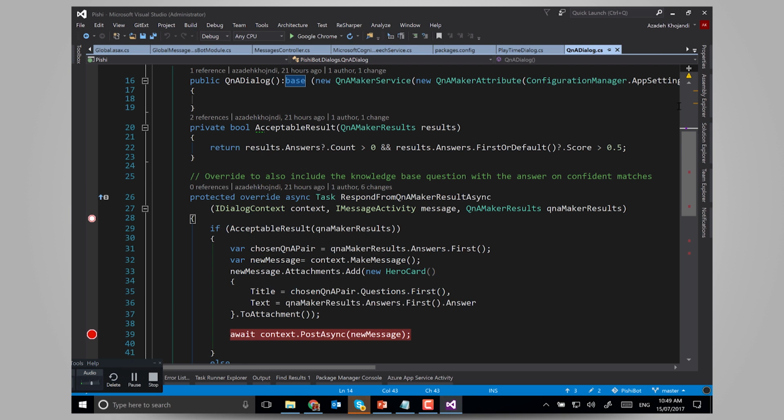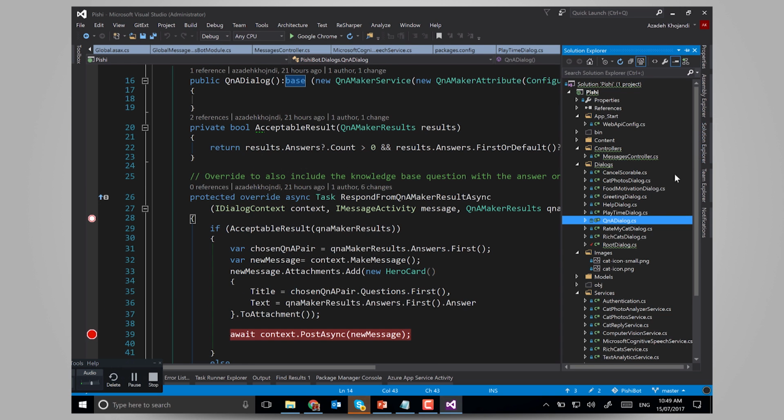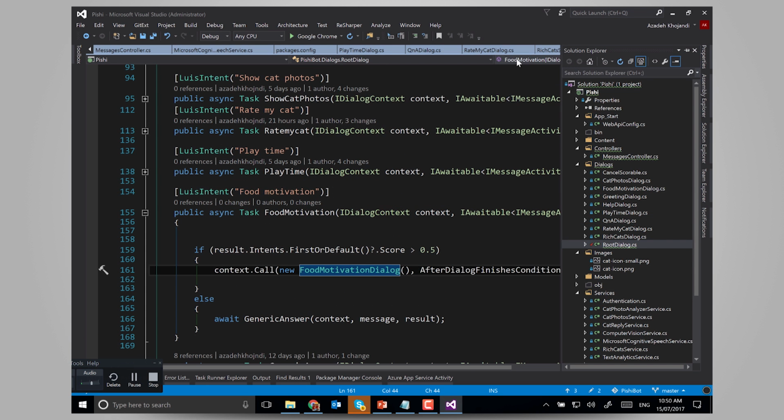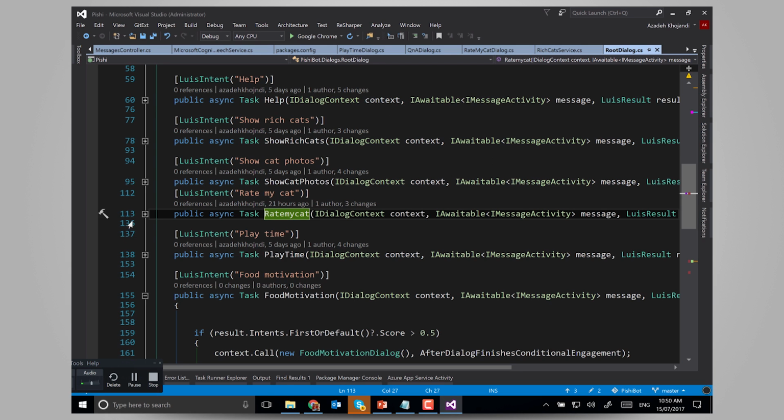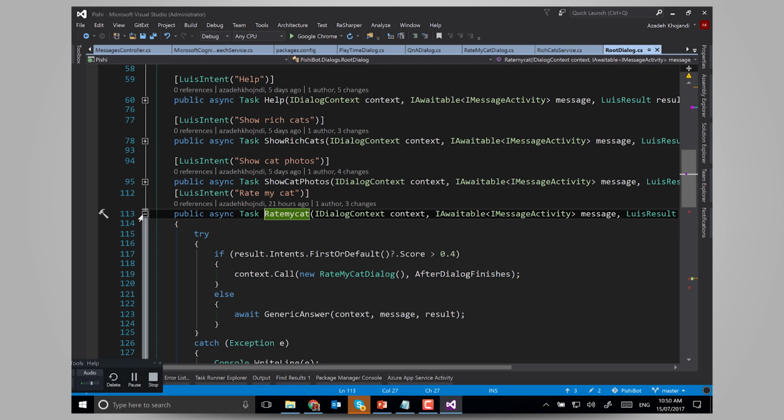Code-wise, it's really easy, so it's nothing very special to show you. So in a root dialog, as soon as Luis figures out the intent is rate my cat, it runs this task.